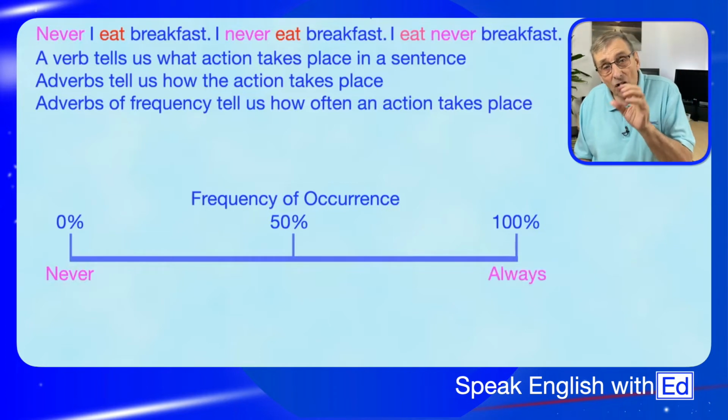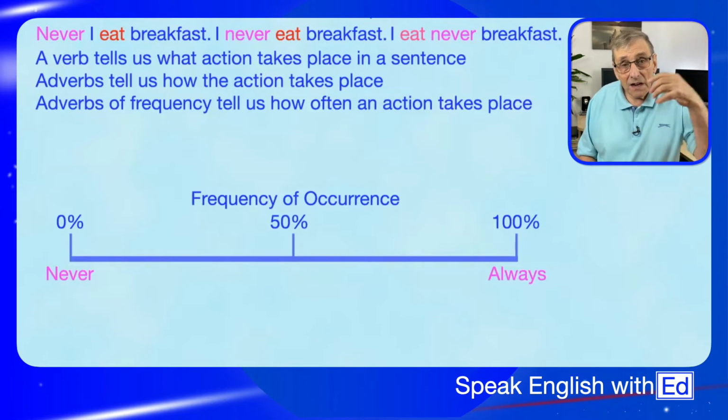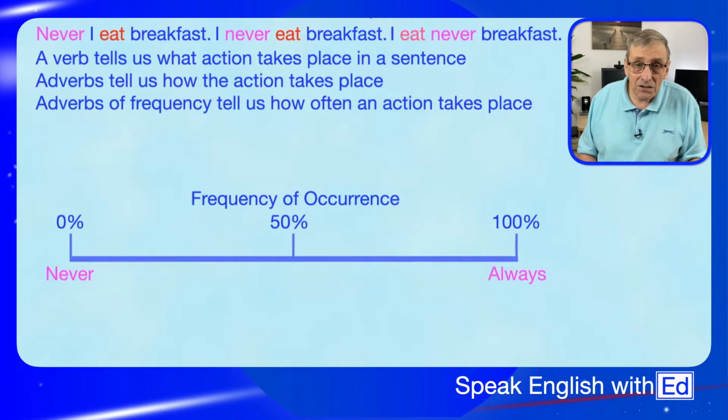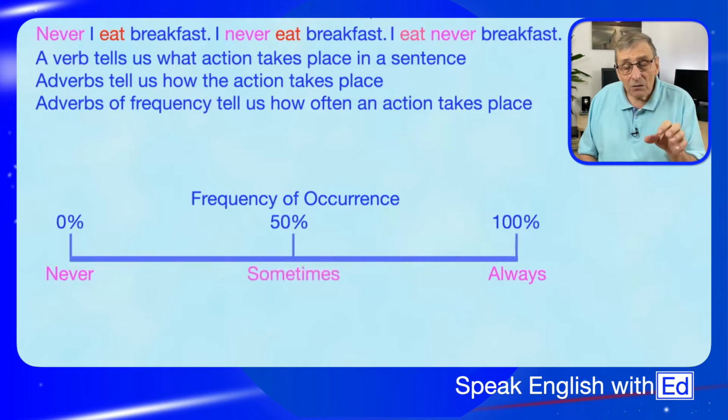If it happens 100%, it's always happening. We use always. So we can use never and always to describe something that occurs either 0%, doesn't occur, or 100% occurs all the time. In the middle, we've got sometimes. Now, this is for things that happen